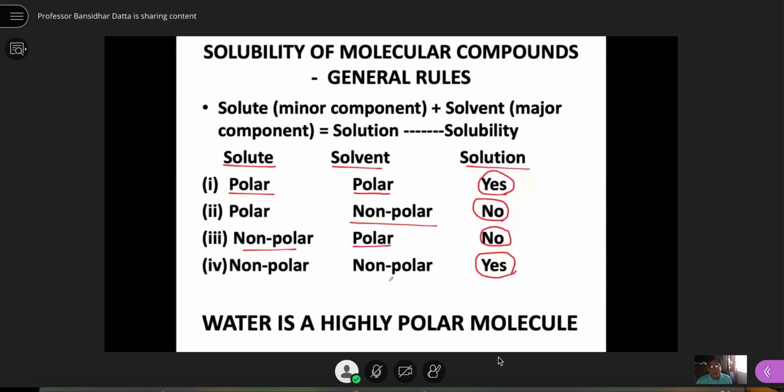it is a liquid. Not only a liquid, the boiling point of water is roughly 100 degrees Celsius, and that is due to the network type of hydrogen bonding. Alright, given this, now